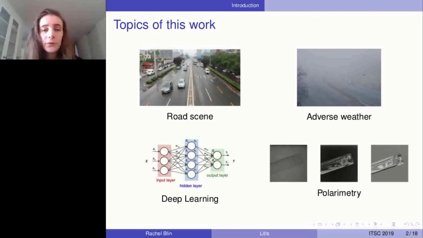In this work, we will use polarimetric imaging to analyze road scenes because it characterizes an object not only by its color or shape, but by its reflection, which is invariant under strong reflection or poor illuminations. As we can see on the slide, on the bottom right in the middle and on the right we have the polarimetric features of the ruler, enabling to see other properties of the object.